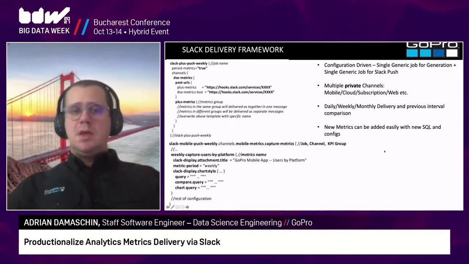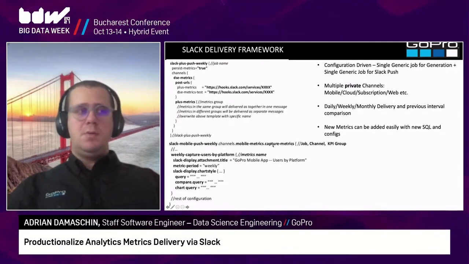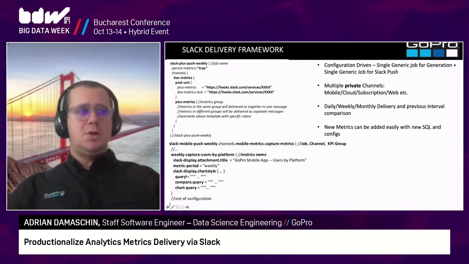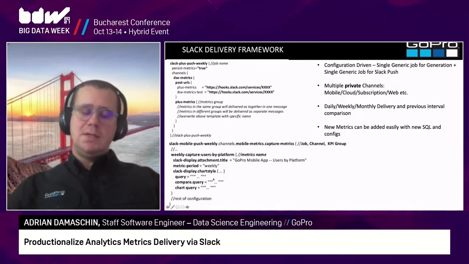And new metrics can easily be added to this config just by having a new SQL for the metric. So you just add another section for this, like another weekly capture users by region or something, and a new Slack section in the message gets generated.